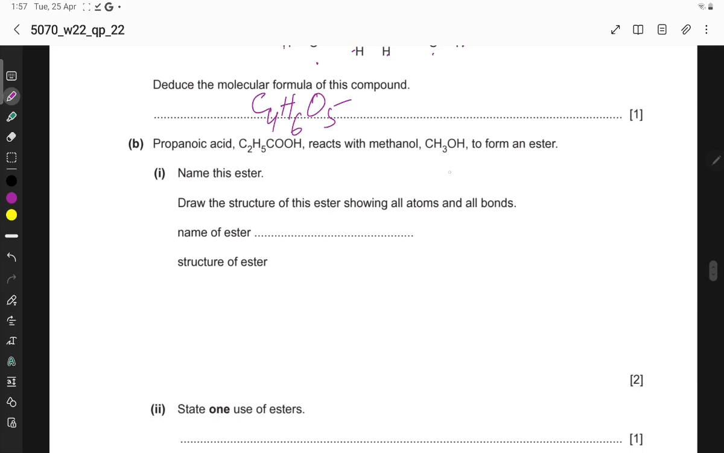Propanoic acid reacts with methanol, CH3OH, to form an ester. Name this ester. This is methanol and this is propanoic acid. The name of the ester is methyl. Methyl we get from methanol, and from propanoic acid it is propanoate. The structure of the ester is